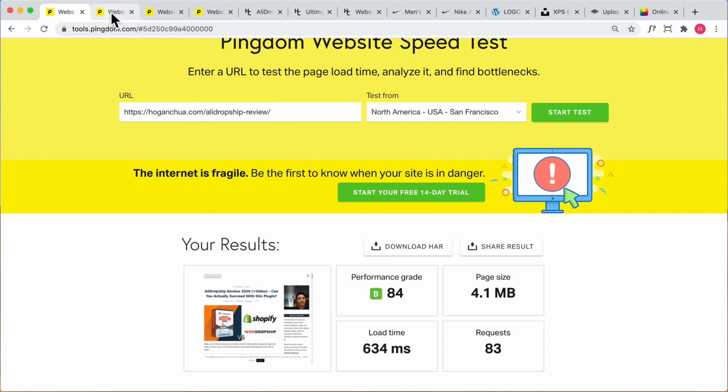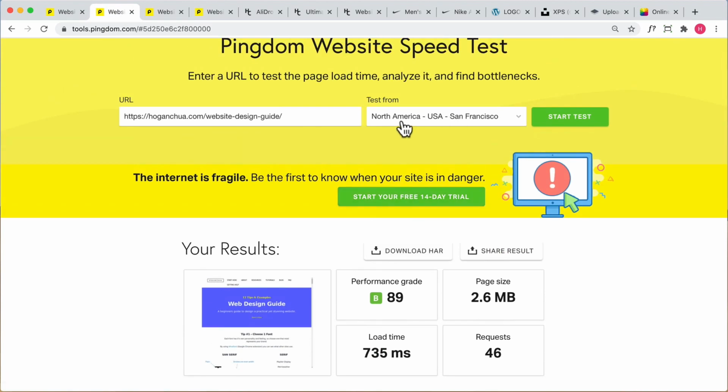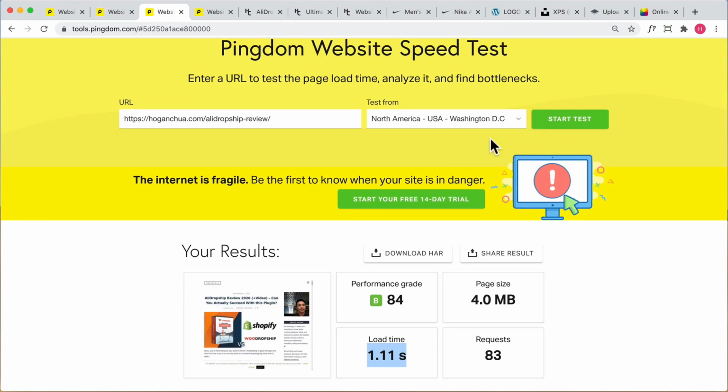Okay, so over here, this one's for North America, San Francisco. It's around 700 ms for a 2.6 MB page, right? So this one over here, Washington DC, is around 1.1. So it's really fast. Now, the first step to actually speed up your website is going to be your images,